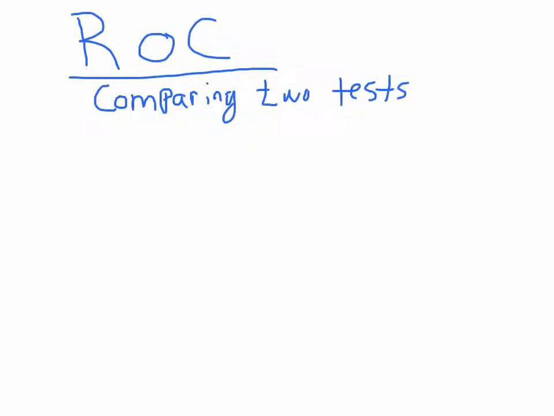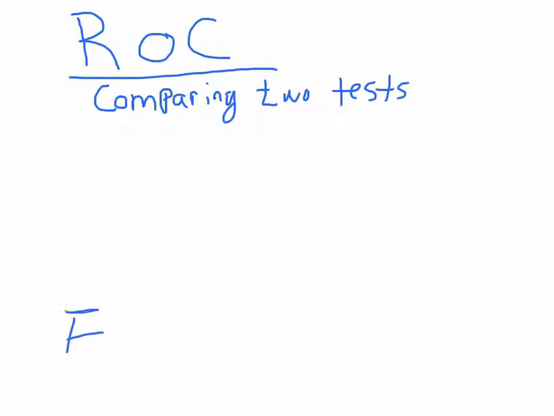The last thing we'll look at is something called the receiver operating curve, and this is just a tool to use to compare two tests to each other. So you may have a test where one has a slightly lower sensitivity, but it also has a slightly higher specificity and stuff like that, and so you want to know which test is overall, which one's better. And so in World War II, whenever they're testing radars, they came up with something called the receiver operating curve, or ROC. And this is where you